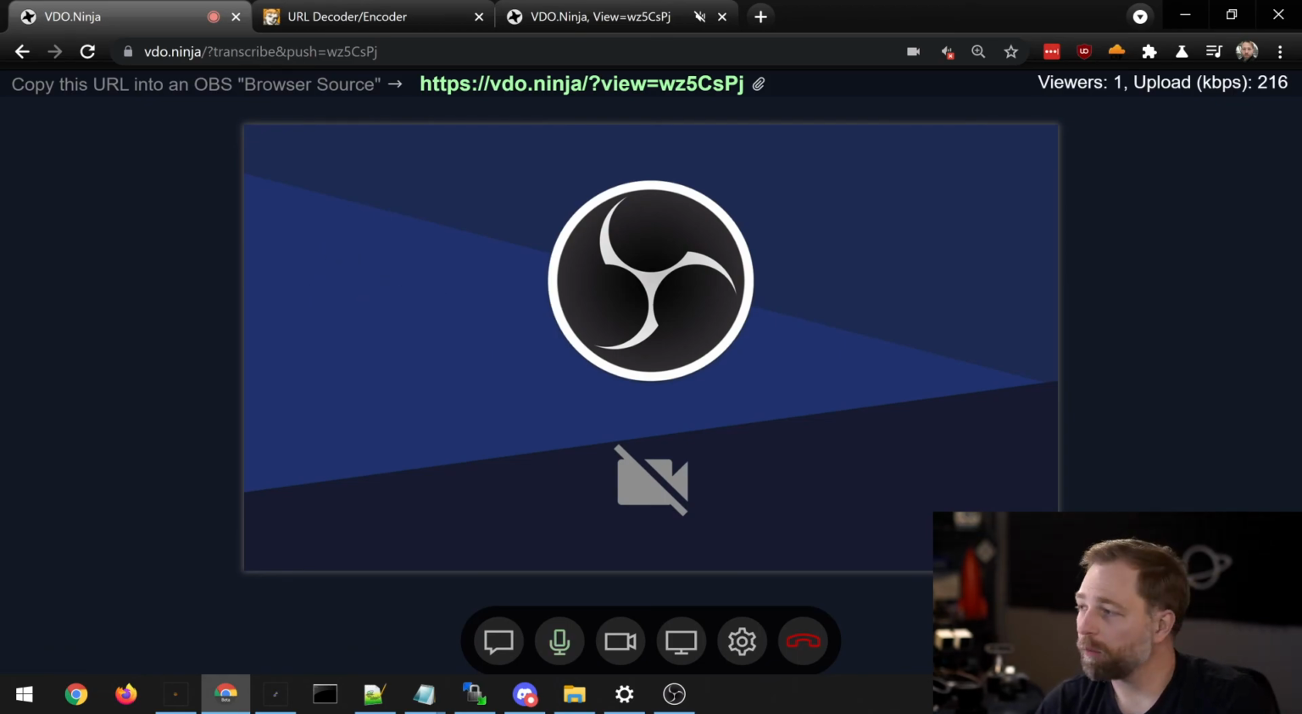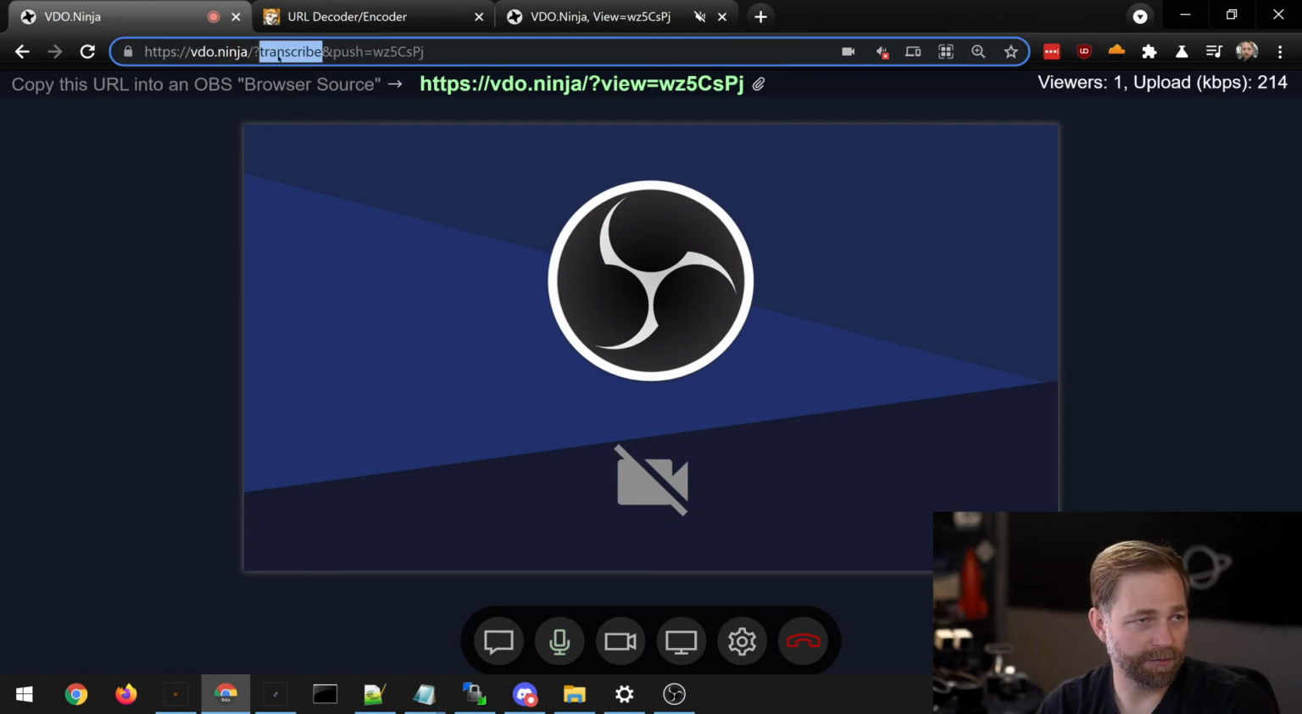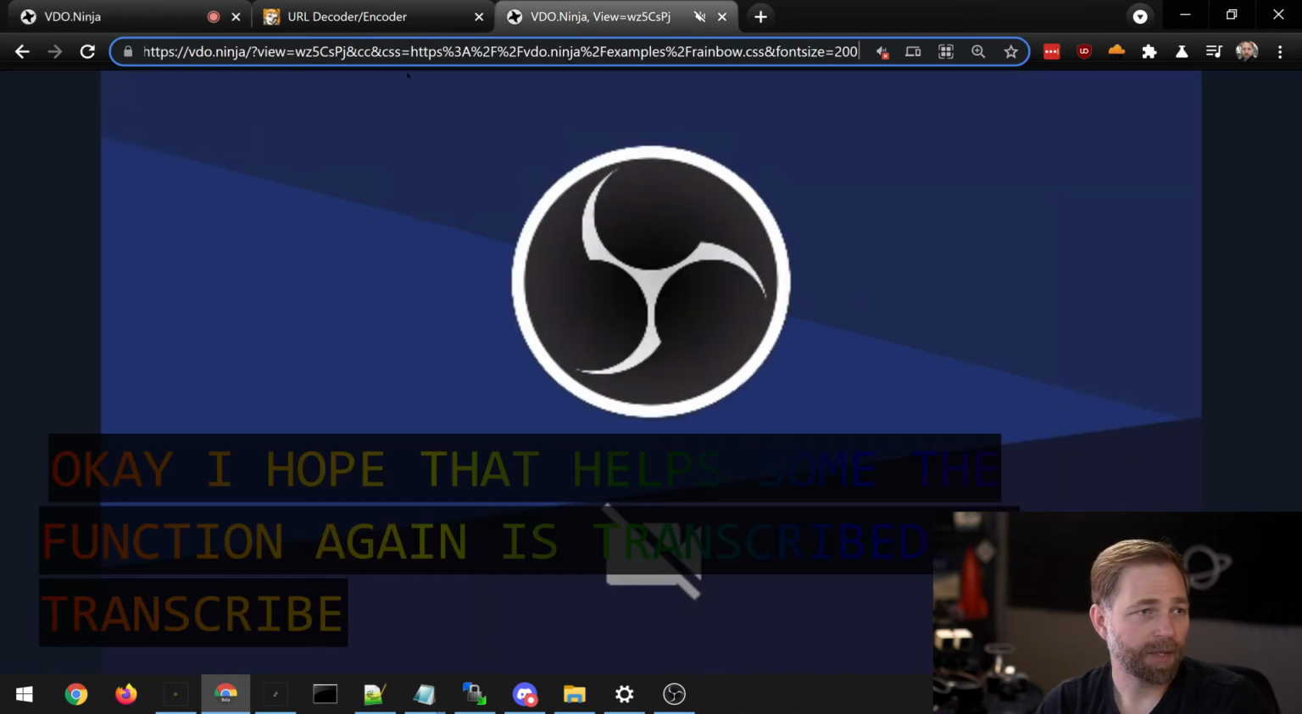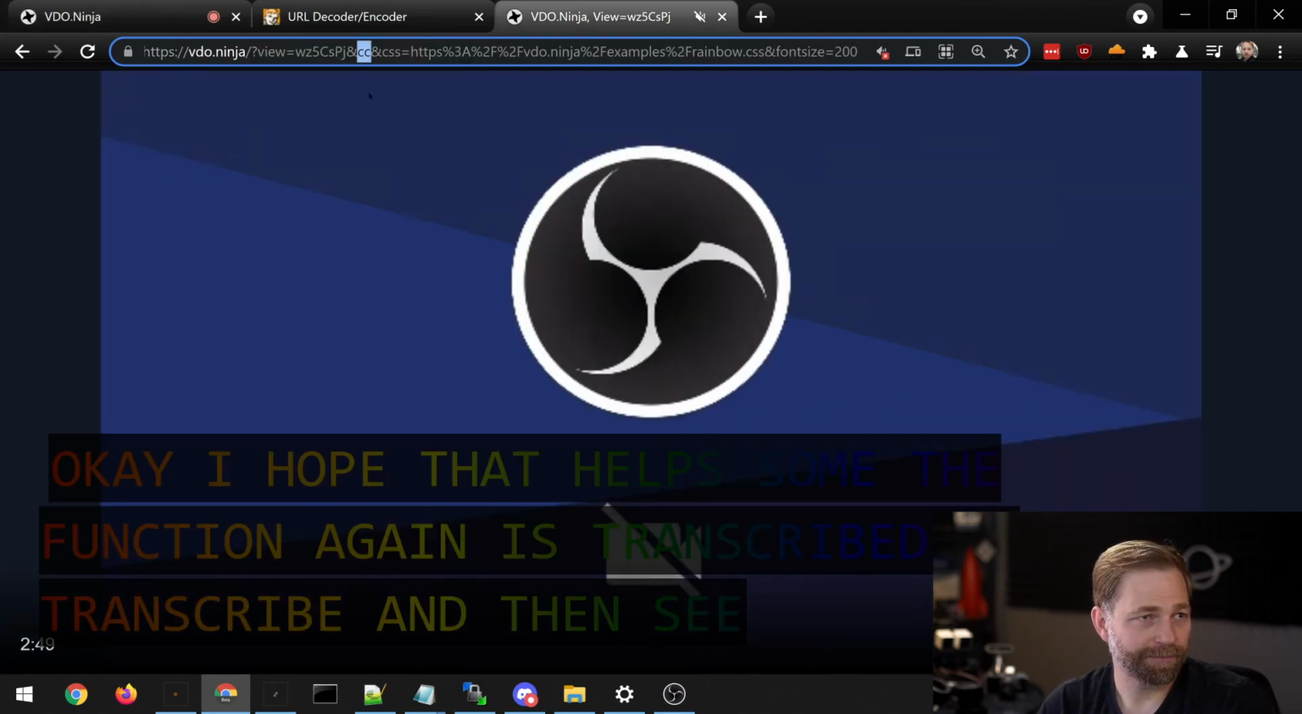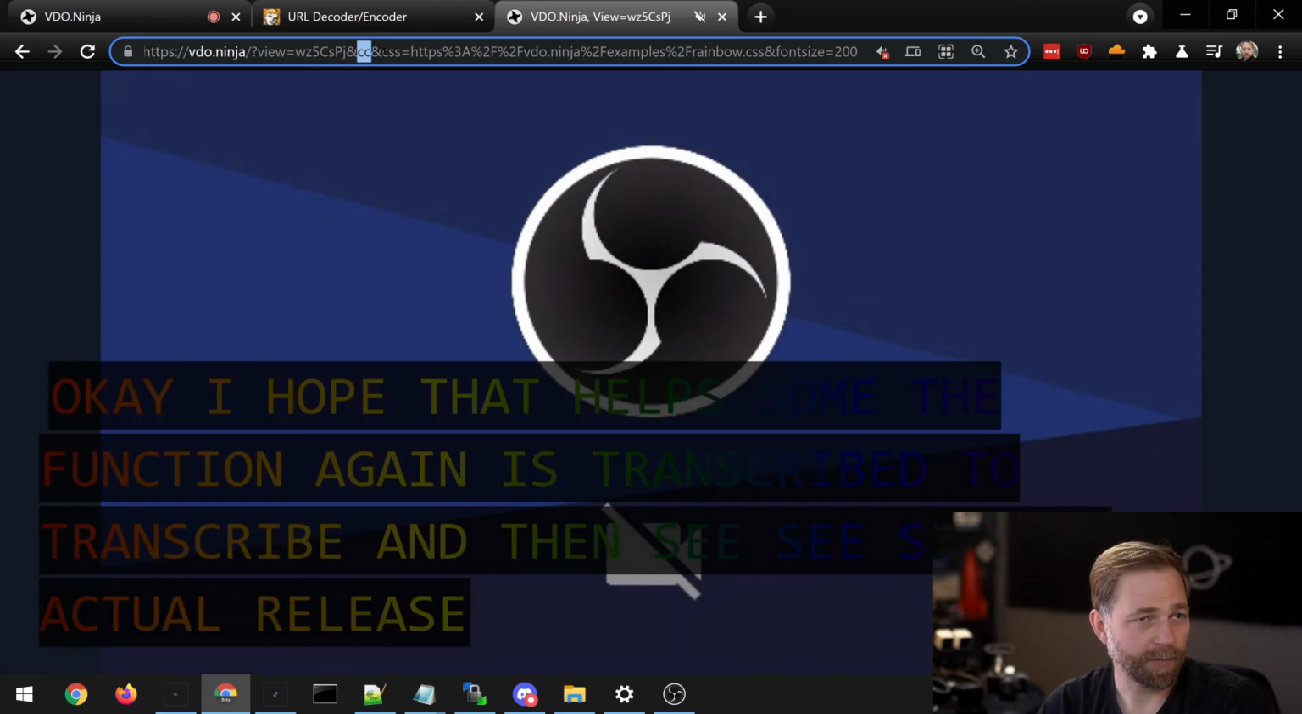Okay, I hope that helps. So the function again is transcribe to transcribe, and then CC to add the actual overlays, and you can stylize it with